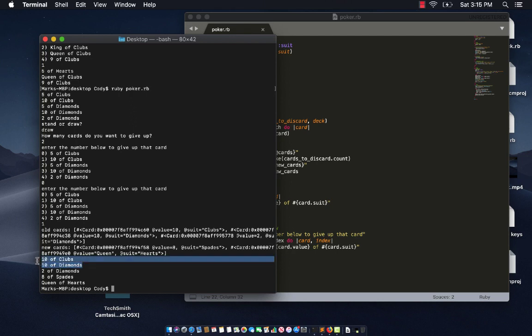Because we had the 10 of clubs and the 10 of diamonds. So we have a 5 card hand here, and it says the new cards were the 8 of spades and the queen of hearts. And it gave us the queen of hearts and the 8 of spades. So I think a lot more logic could go into this